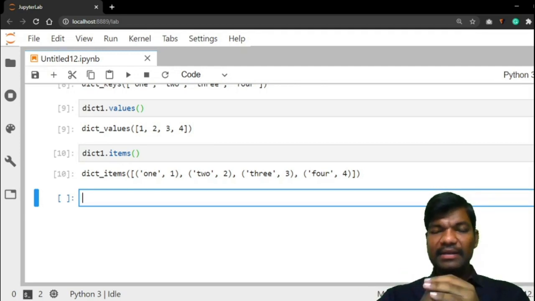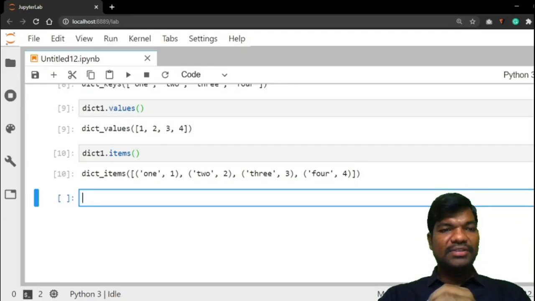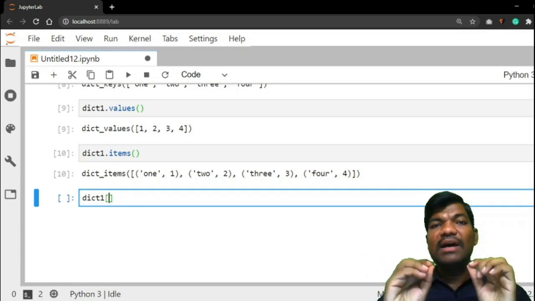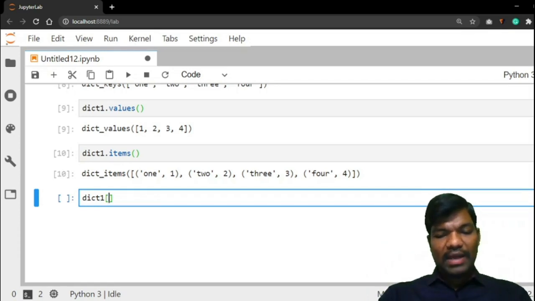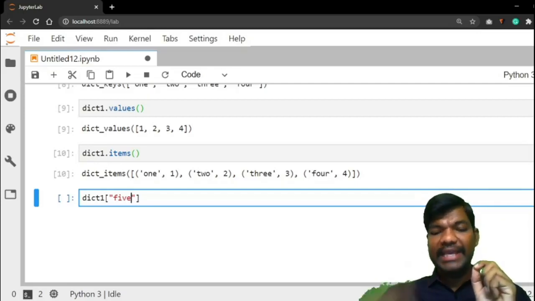Dictionary is created. How to add the items in the dictionary? So what is the dictionary name? dict1, and in the square brackets, you need to type the key. So I am typing 5. So dict1[5], new key.